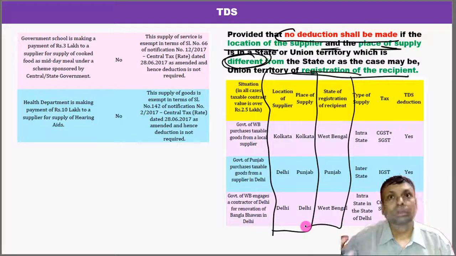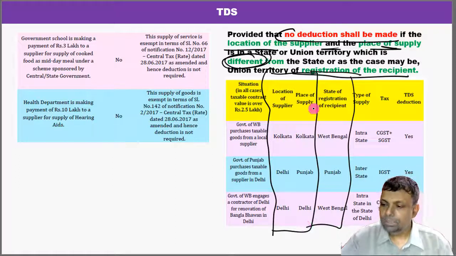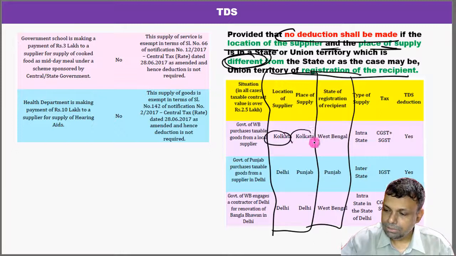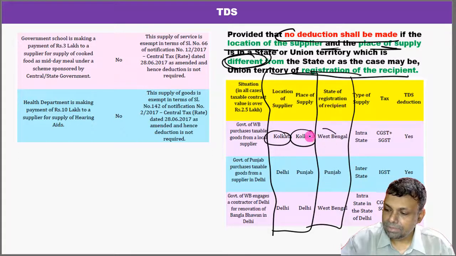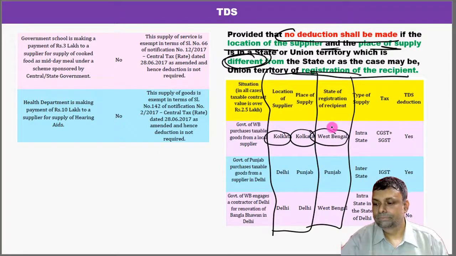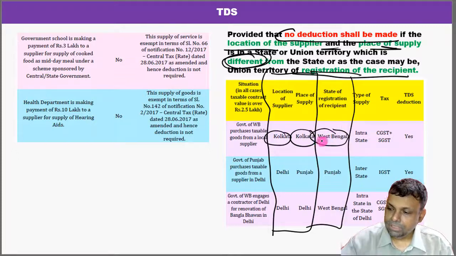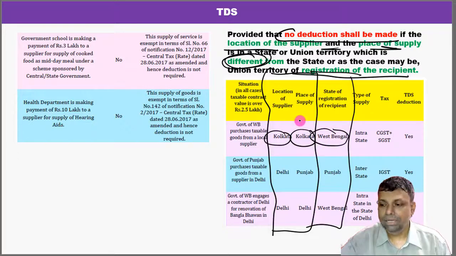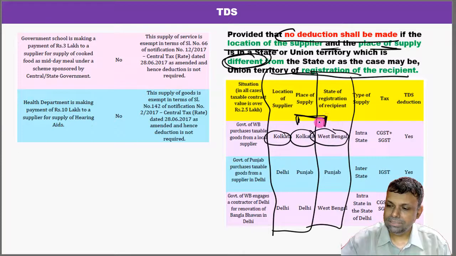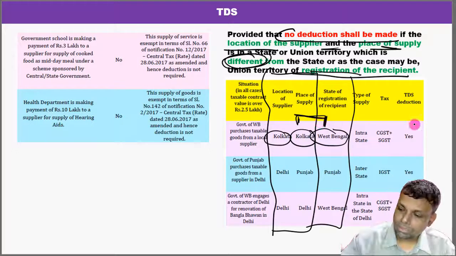Now let us analyze this point very carefully. The location and the place of supplier: so this is your Kolkata. This is also your Kolkata. So the location of the supplier is Kolkata. Place of supply is also Kolkata. And the state of recipient registration is also West Bengal. So these places are not different. If they were different, then no TDS was required, but it is one and the same. So this place and this place is the same, so the TDS provision should